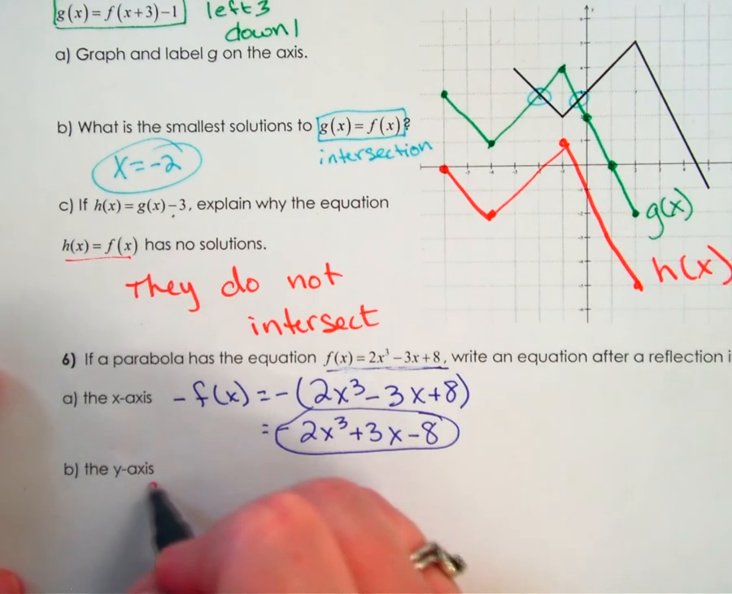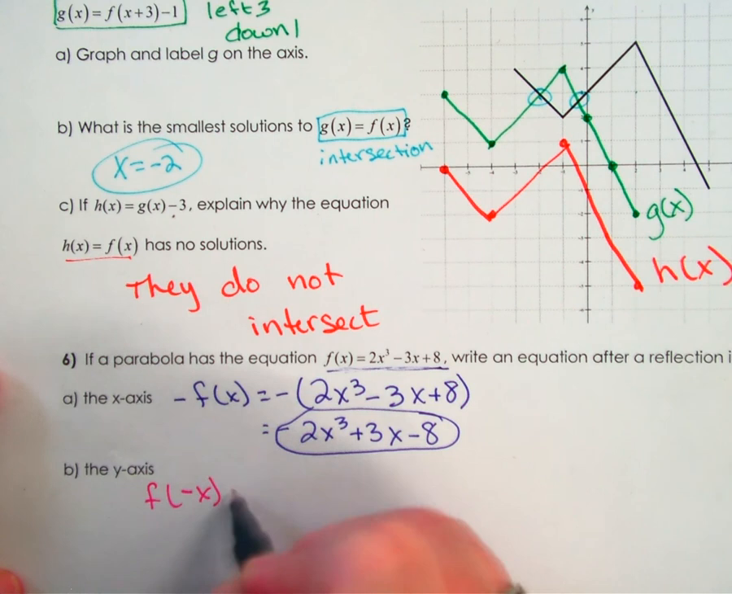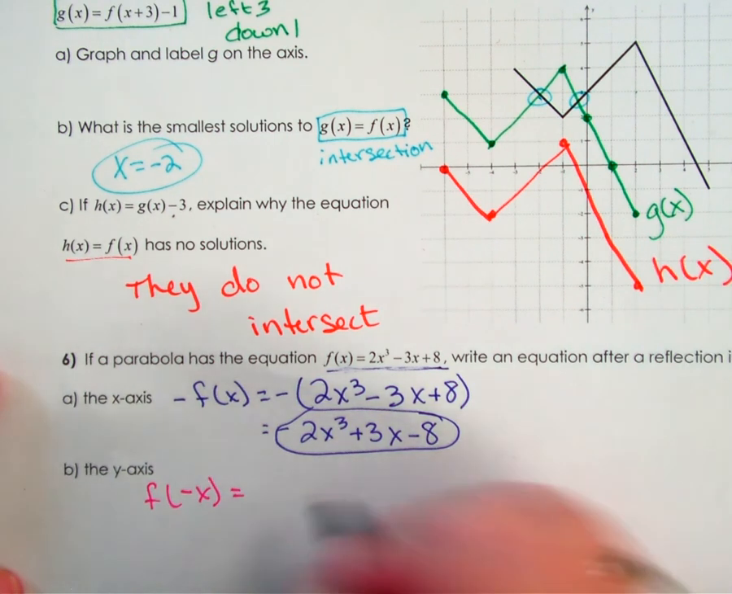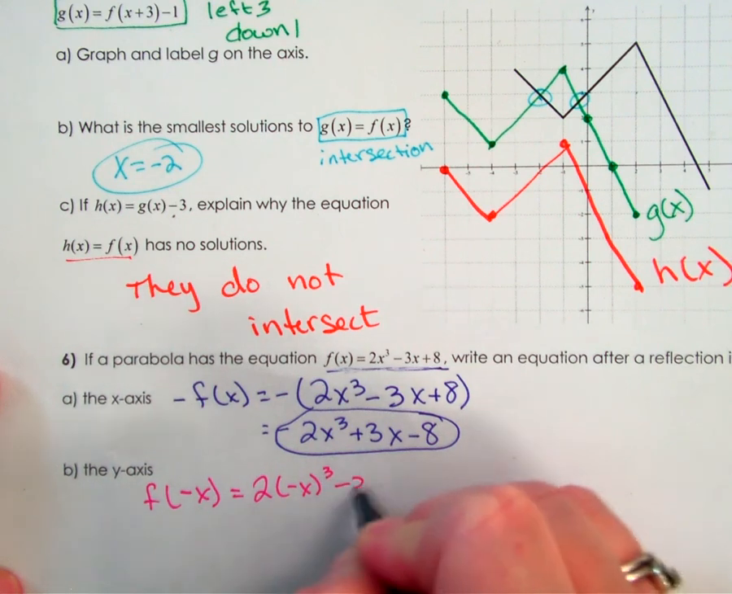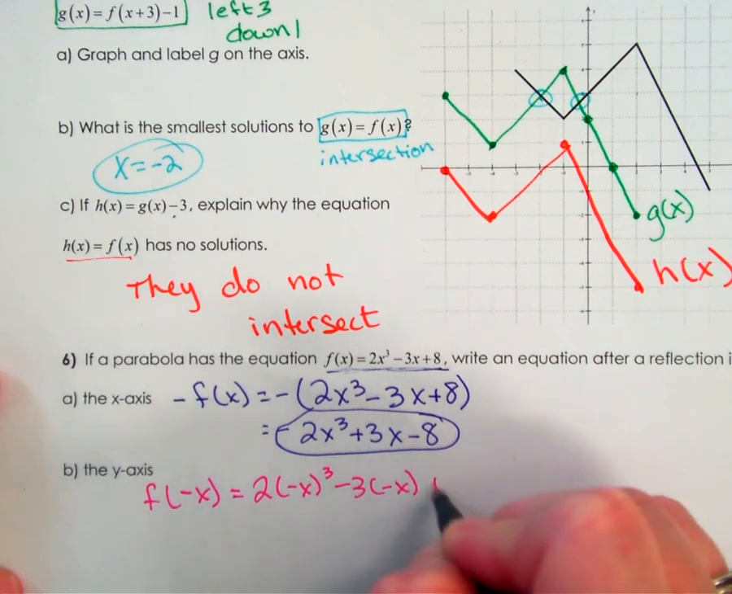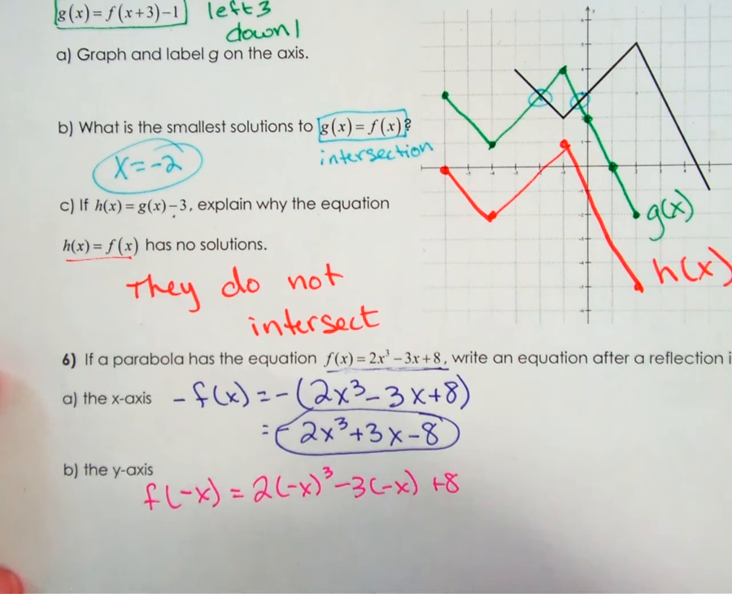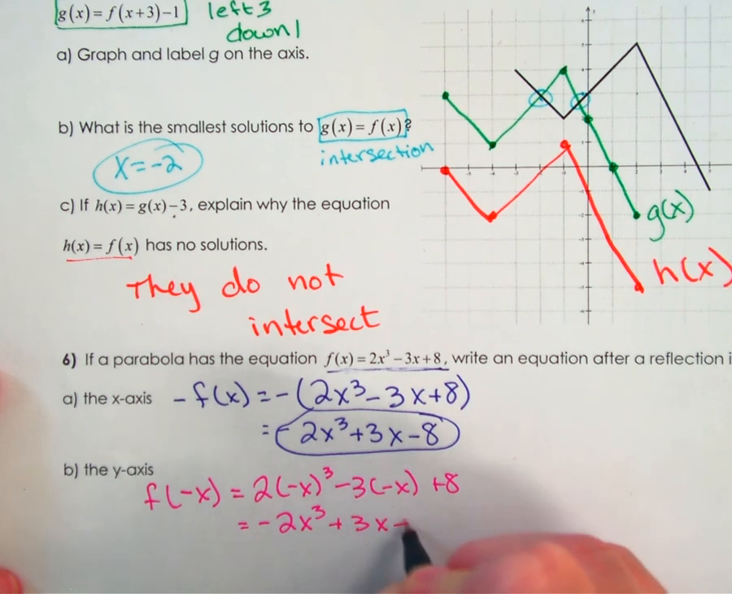So then to flip it over the y-axis, I put the negative sign in by x. So negative x cubed is going to be negative x cubed, because negative times negative is positive, but times one more negative is negative again. And that's going to make that a plus 3x, and then plus